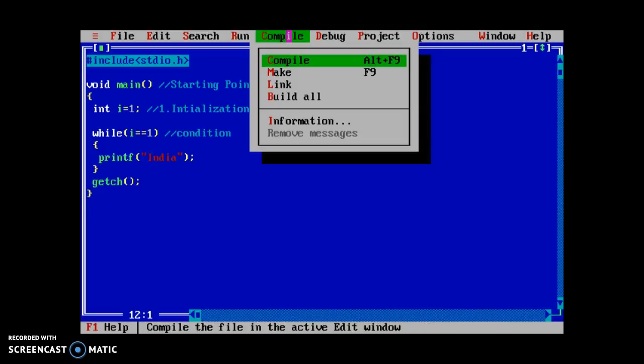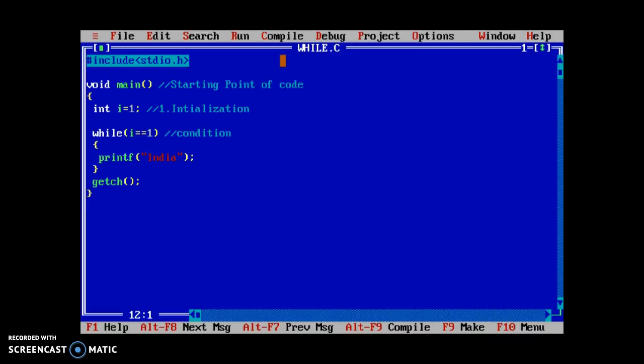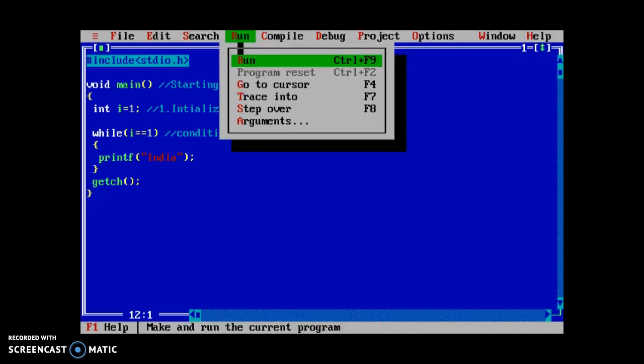Next step is to compile the file. So compile the file, Alt F9 is the shortcut. No mistakes found, no warnings. So it is ready to execute. So execute the code. Now it displays India. But